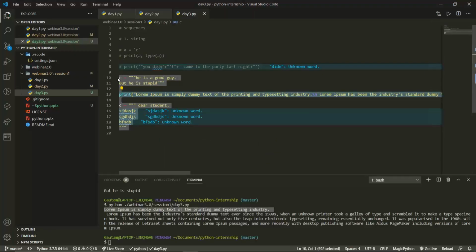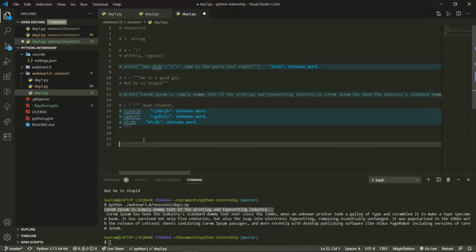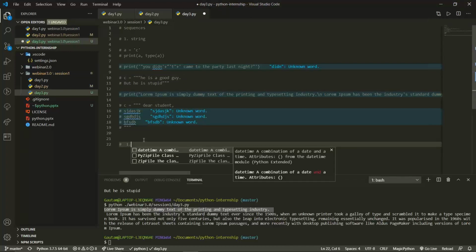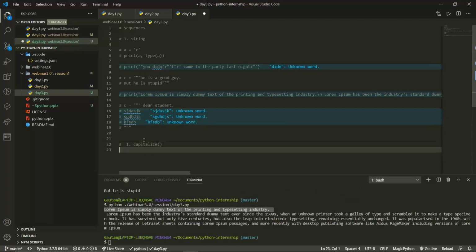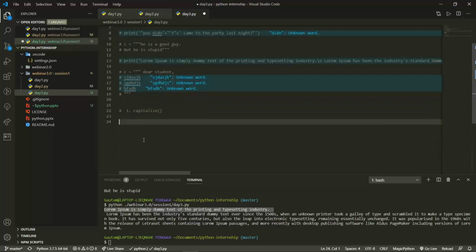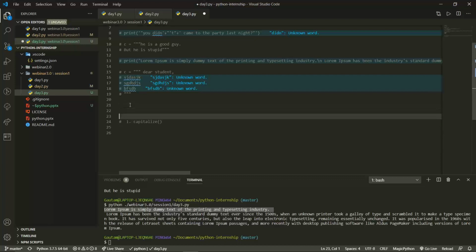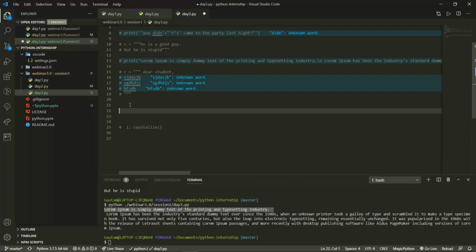I'll just comment out all these parts. The first function that we're going to learn is the capitalize function. Let me take a global string. Three formats I will take: one in lowercase, one in uppercase, and one in jumbled case.